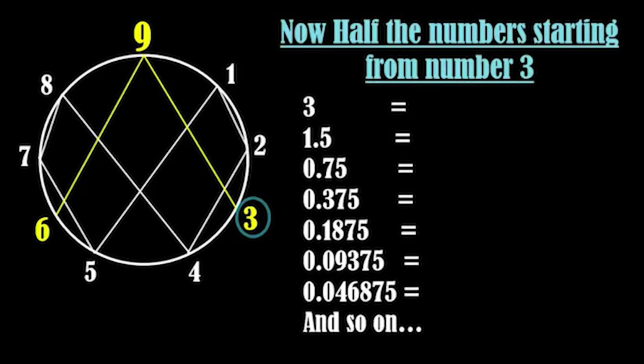Now again get the digital roots of the numbers by adding the digits of the number. And here is what we get. Amazing! This time also we get the same numbers 3 and 6. Hence, whether we double or half the numbers, if we start with number 3, we get numbers 3 and 6